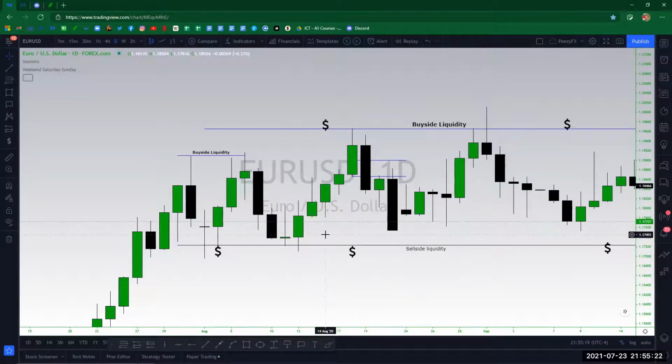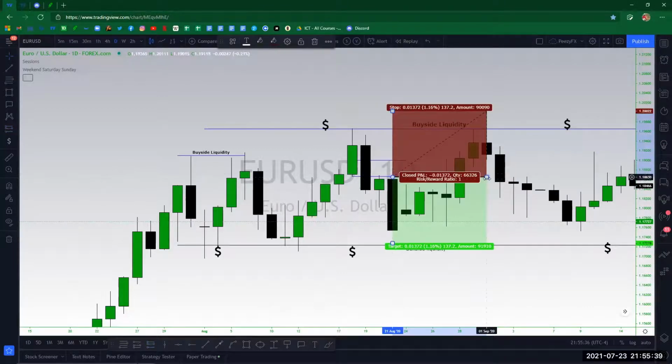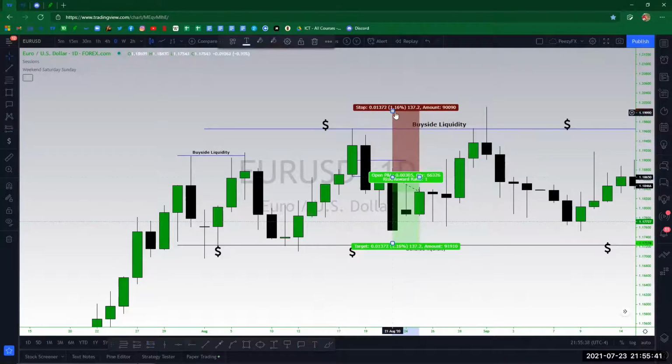That's what you want to keep an eye on right there. And your entry would be resting somewhere around this area. Just say you put it at the open. Bring your stop loss resting right above 50% of the order block,